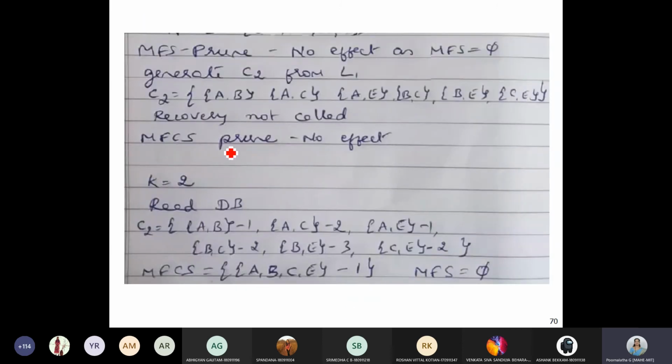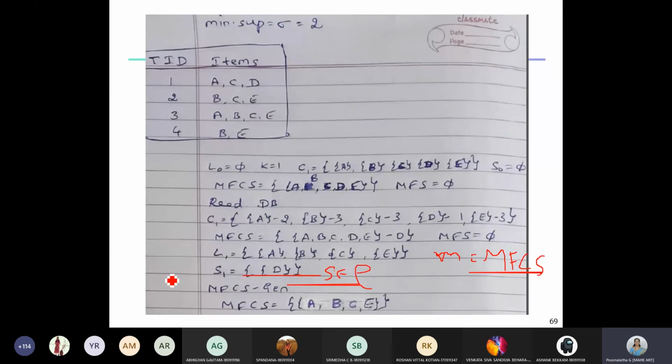Next, it tells me to call MFS prune, right? Call MFS prune. So look into the MFS prune algorithm in your notebook. It says for all item sets L in LK, okay? So I'll go back. What is our LK? LK is L1, right? L is now A, B, C, E. It says for all L in LK, if L is a subset of any item set in the current MFS, we know that our current MFS is empty.